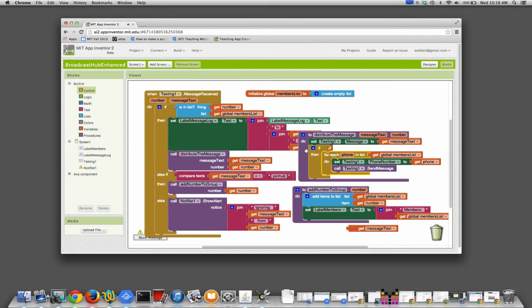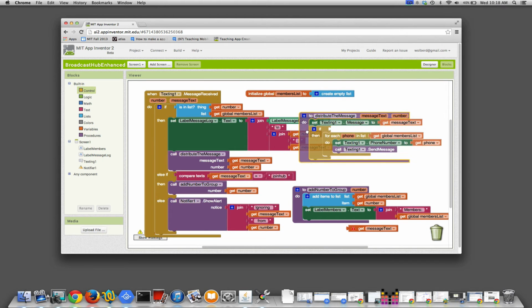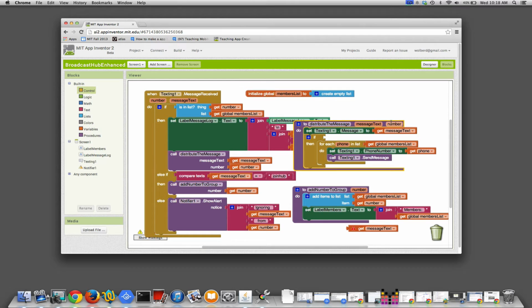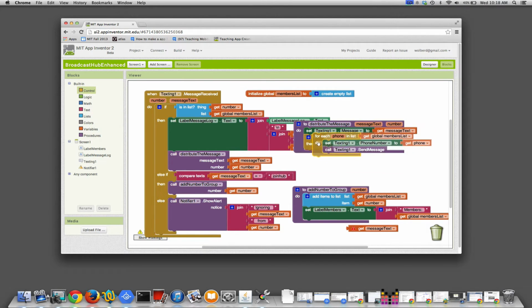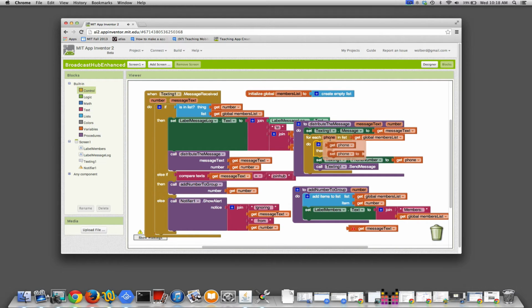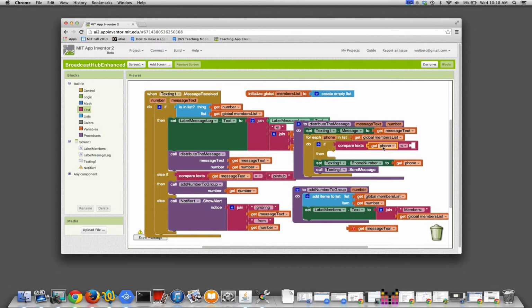And I'm going to put it right above the for loop, but actually the for loop's going to go in there. And really what I want to say is, if this number, right, oh sorry, I'm doing this wrong. I need my for loop here, and my if is going to come here, right? I want to say if this phone number from the list, right, if it is equal to, and I'm going to use the text compare text, I could actually use equal from math as well. But what I want to do is say, if the phone number, as I'm walking through the list, I'm looking at every phone number. If that is equal to,